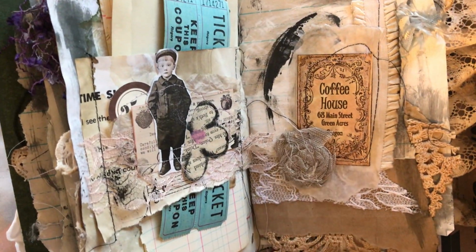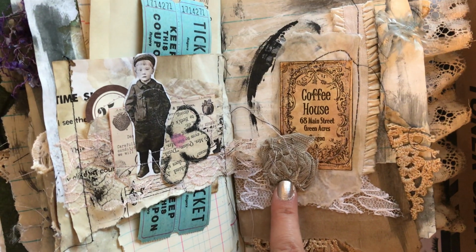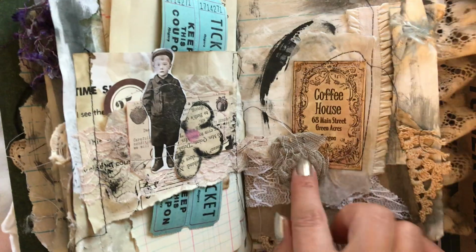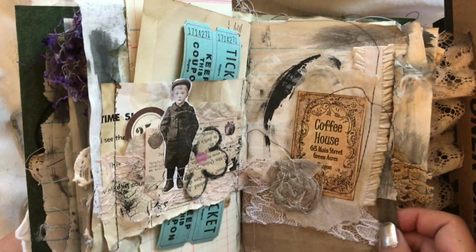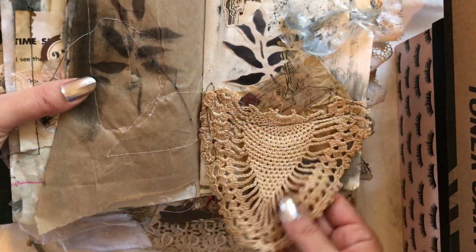And then these rosettes are so easy to make. I've been looking at tutorials on these rosettes, and they always seemed hard to me, but I came up with my very own version, and it's really simple. I might do a tutorial on that if there's an interest. So this is craft paper. This is a big, just lace vintage